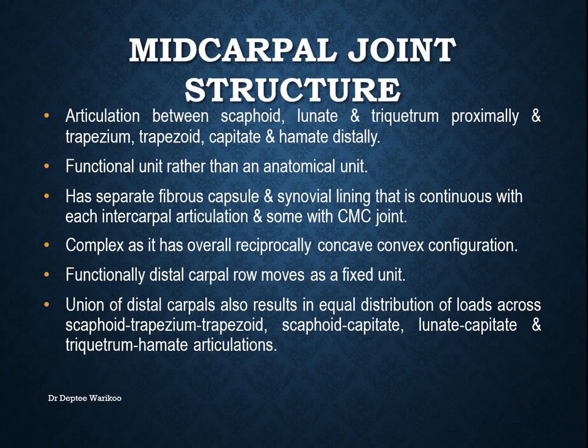Together, the bones of the distal carpal row contribute 2 degrees of freedom to the wrist complex, with varying amounts of radial-ulnar deviation and flexion-extension created at the joint. So the functional distal carpal row moves as a fixed unit. The union of distal carpals also results in equal distribution of loads across scaphoid, trapezium, trapezoid, or scaphoid, capitate, or capitate, lunate